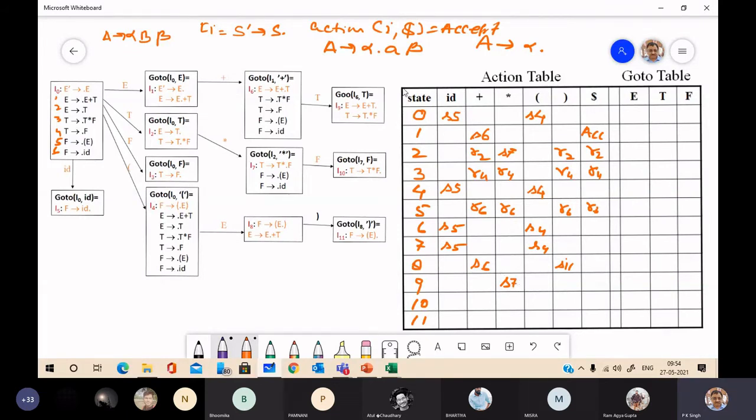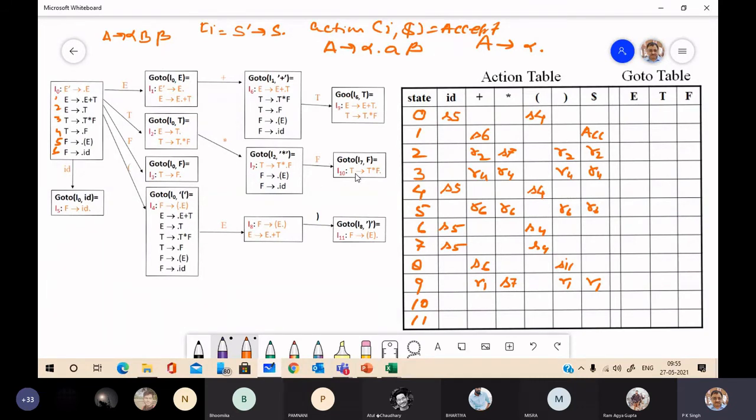And we have here a production item like this, A → alpha dot, meaning action is reduce by E → E plus T. E plus T is production number 1, R1, where follow of E. Follow of E you have already computed, so here we have R1, R1.